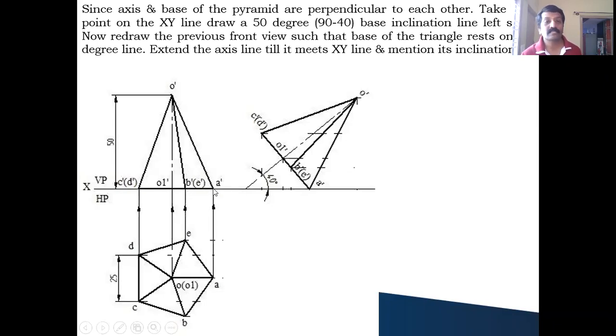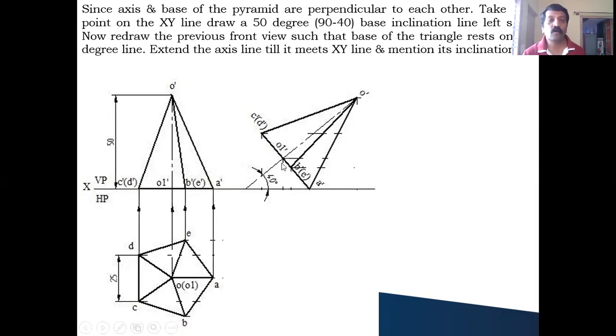Now you take this distance A to the C dash and D dash. Take this distance with the help of your compass, with A as the center, you cut this 50-degree line, and call that point the corresponding point C dash, D dash. Similarly, from A dash O1 dash you take, cut it and call it O1 dash. A dash and B dash E dash, this distance you take from this point, cut it on that and call that point. All the base points you are going to get.